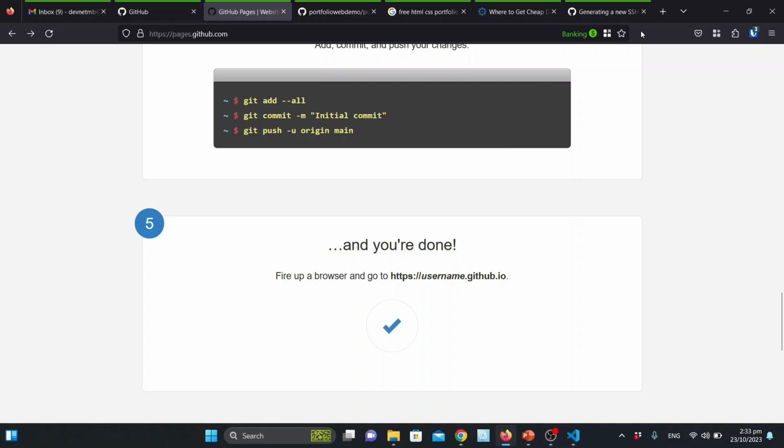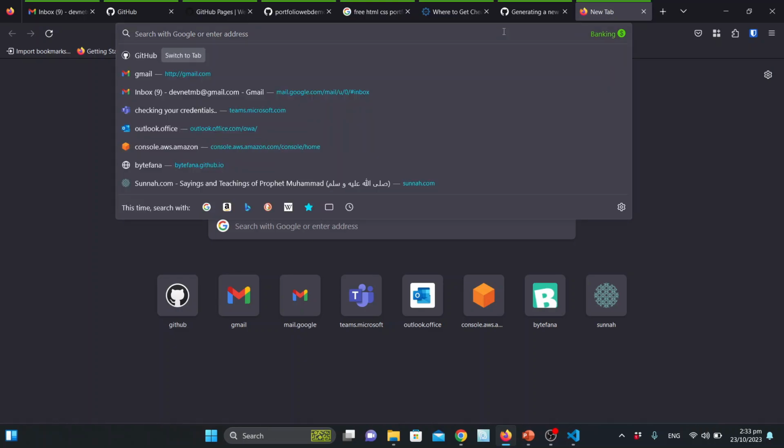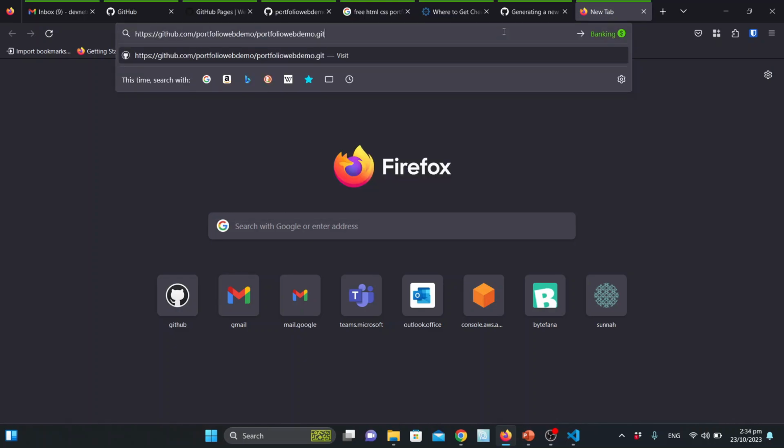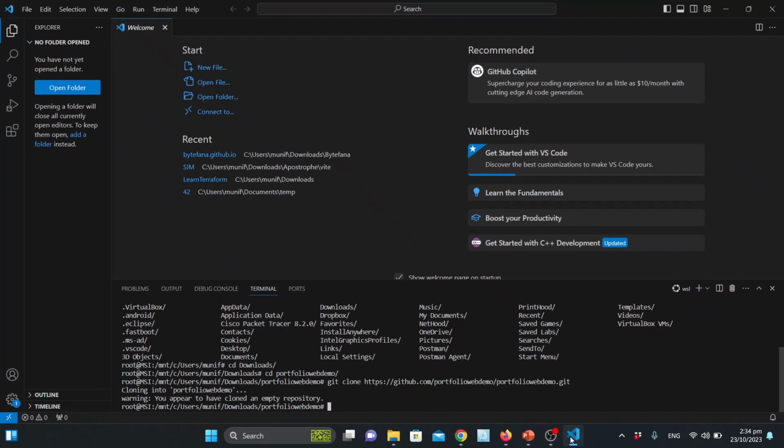So at the moment, if I were to go to portfolio webdemo.github.io, there's nothing. Alright, so what I'm gonna do next is, firstly I would need to connect this terminal